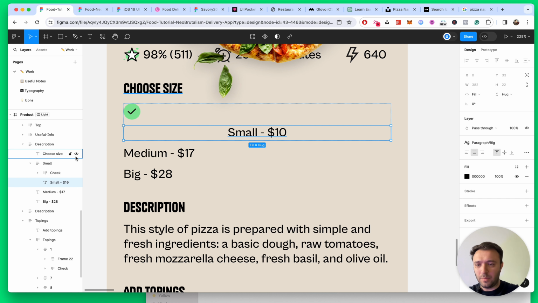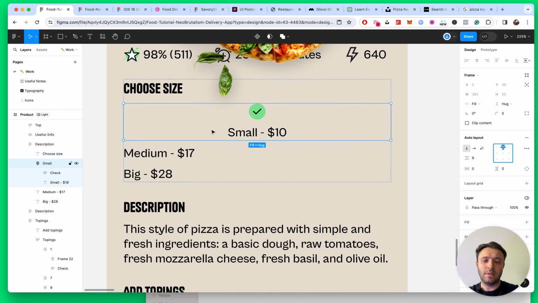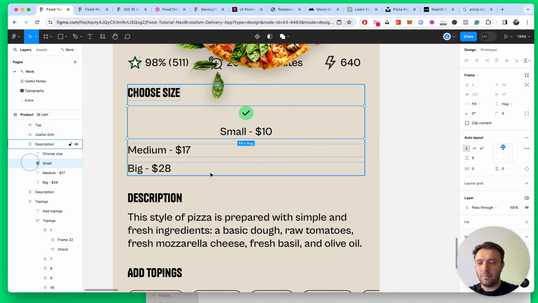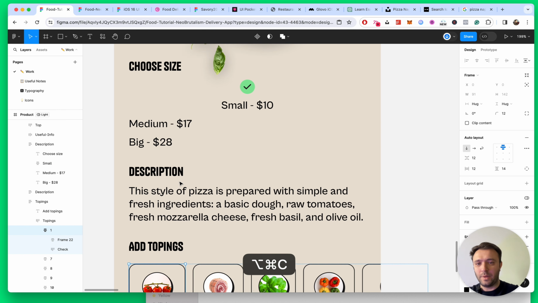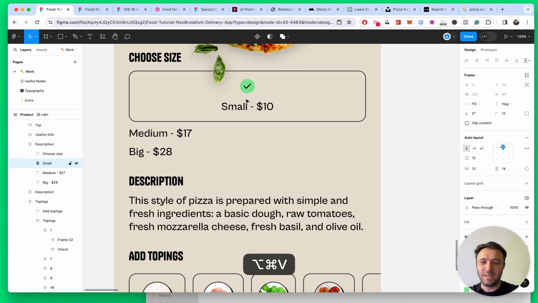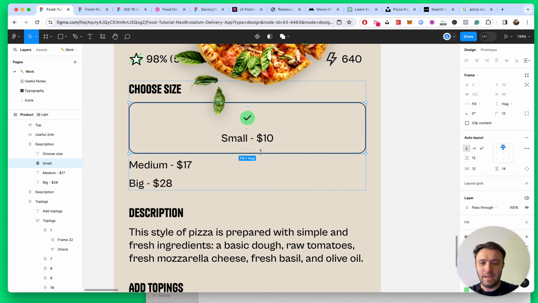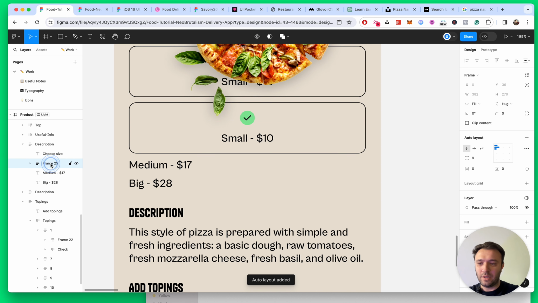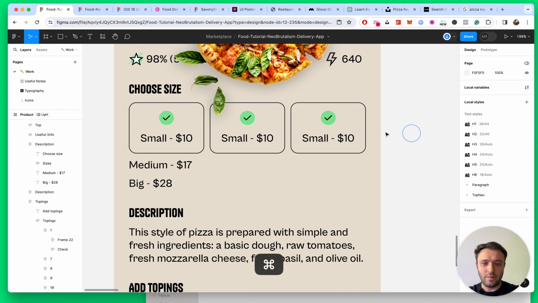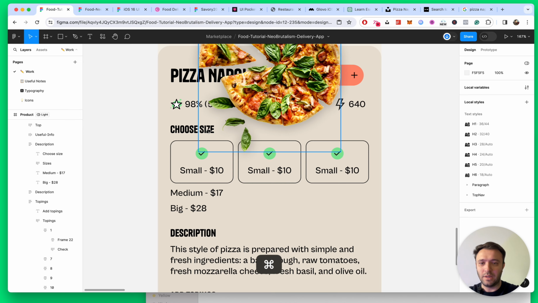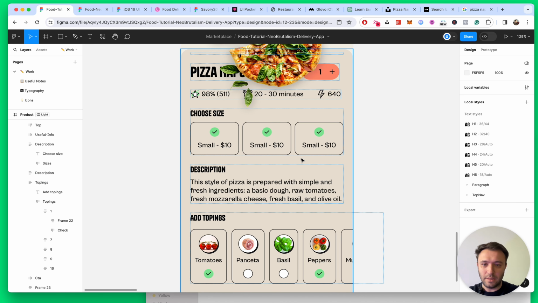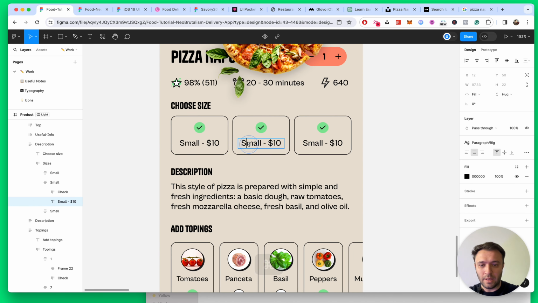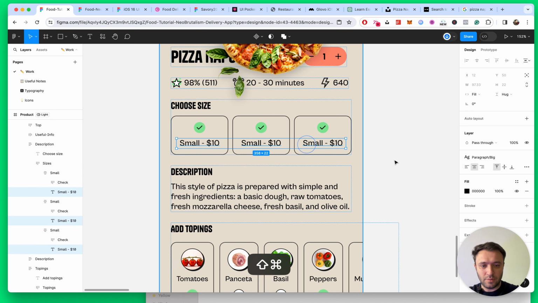this one on the middle. Make sure this on the middle here. Make sure you copy the style of this one, paste it like this, and let's duplicate. Select all these 3 sizes. Make sure it's on the right the direction, and let's delete these 2, and now we have, select these 3,